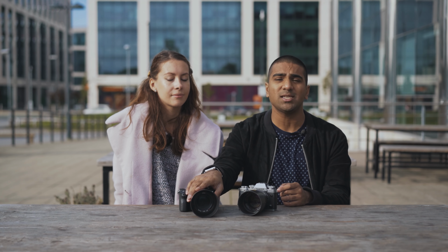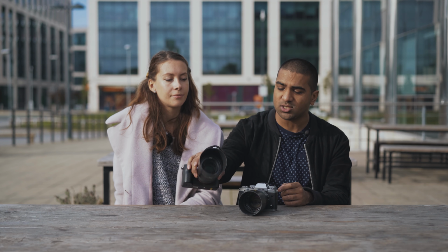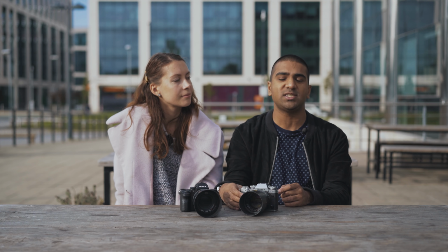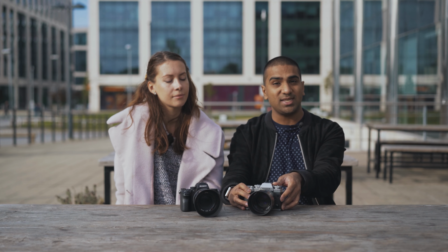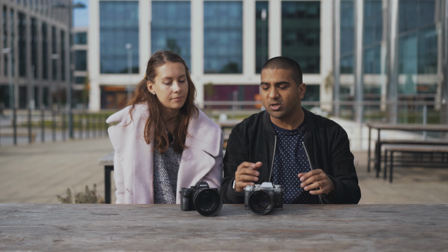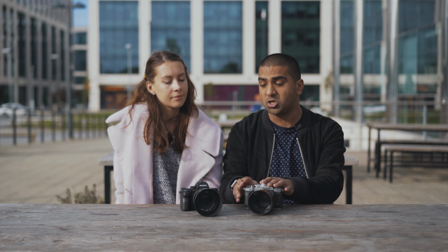I'm here with Annette today and we're doing a comparison between two portrait lenses, the Zeiss Batis 85mm f1.8 on the Sony A7 III and the Fuji 56mm f1.2 on the XT3. Both of these cameras have a similar resolution and the lenses have a similar angle of view and depth of field because of the apertures and the focal length and sensor size. But because of that, I thought it'd be a good comparison to make, especially because we're shooting on two different